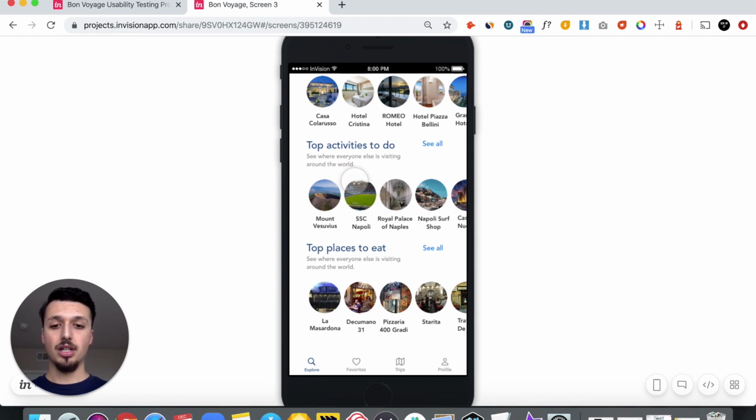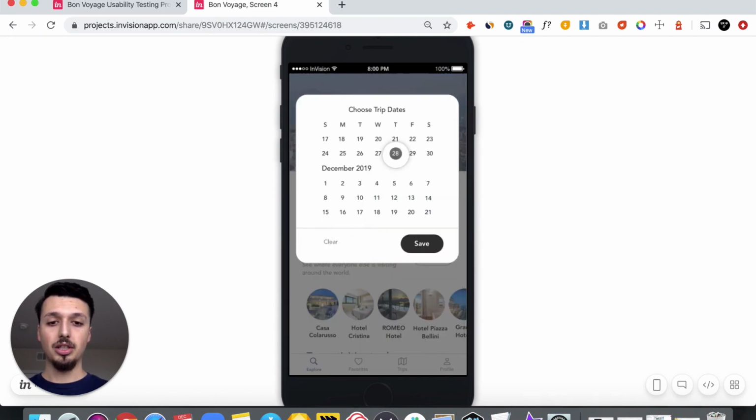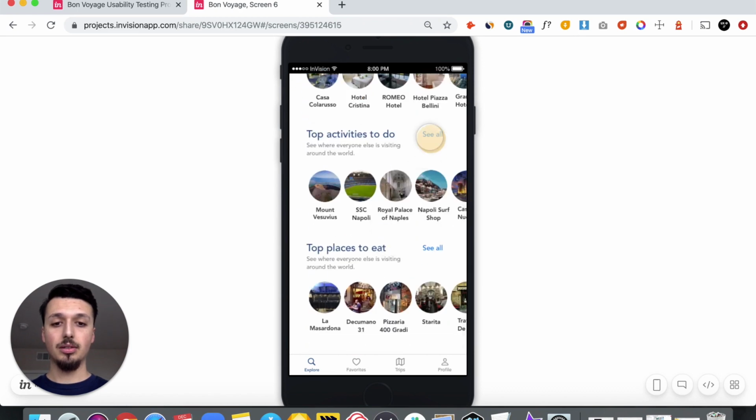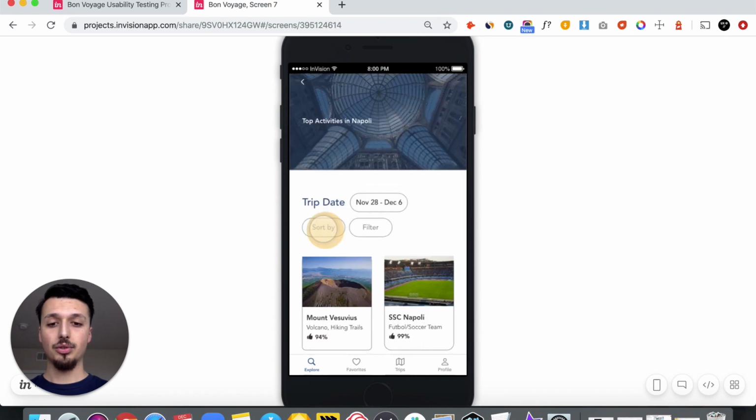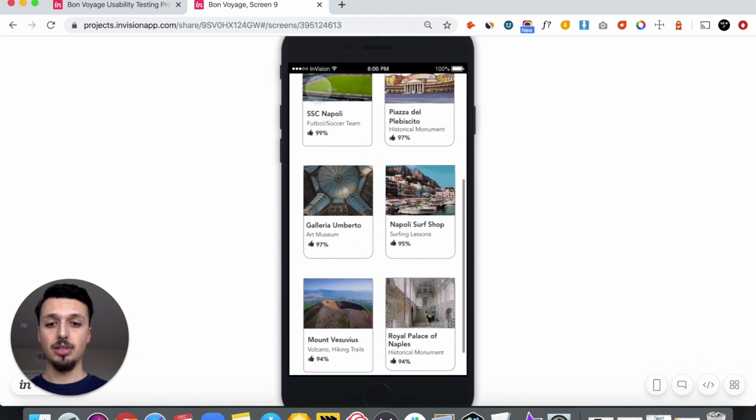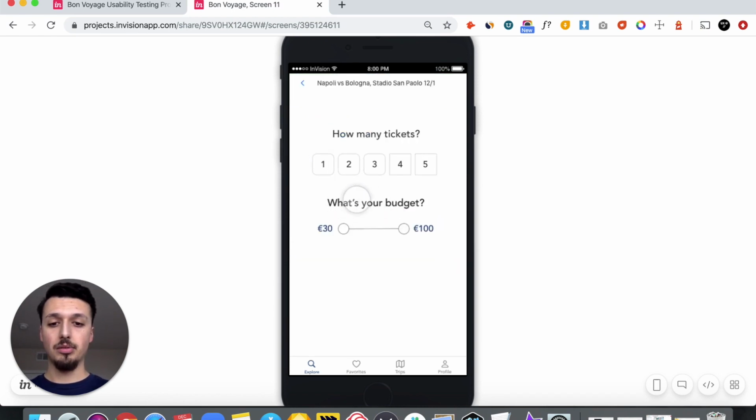Now, this is where they're going to end up going, but I created various screens if you want to pick your date. So in this case, it was the 28th through the 6th, and then you save. The idea is to give them some sort of a weather forecast. This was a problem that we were trying to solve, and then maybe they want to see top activities to do in Napoli. Here are the options. We also have a sort by, and you can sort by rating, and here they're going to be going to a Napoli game. The game, which is today, is the Bologna-Napoli game,